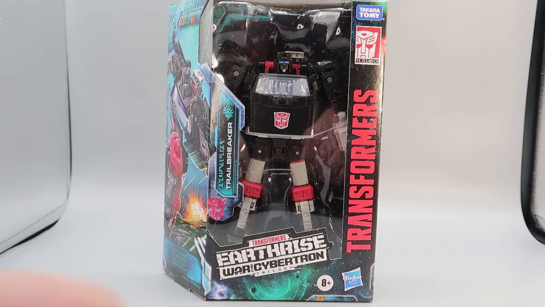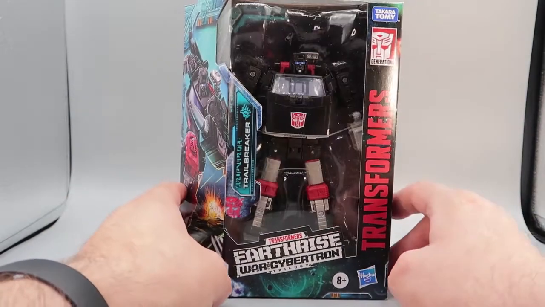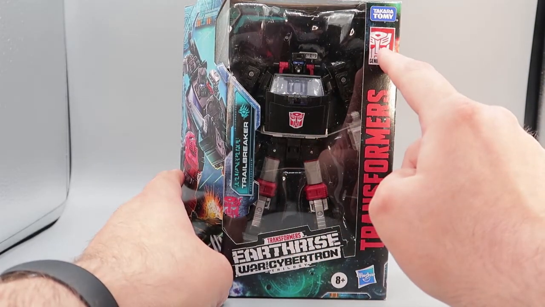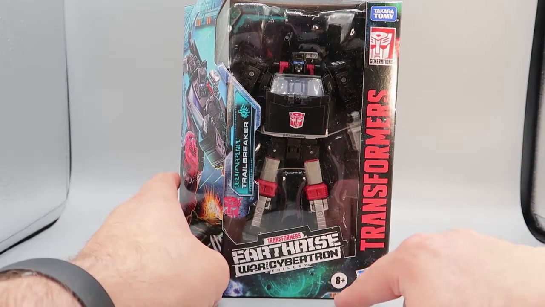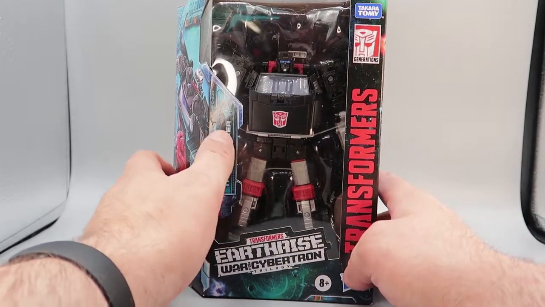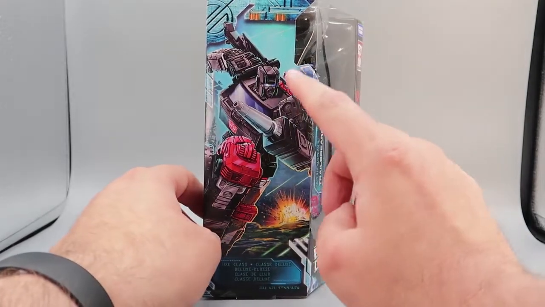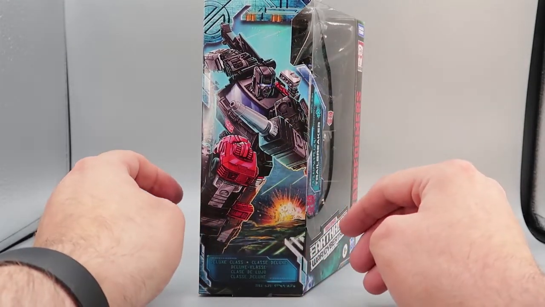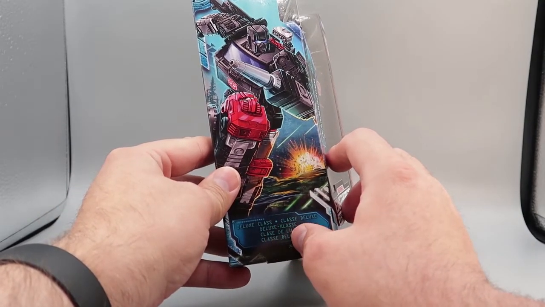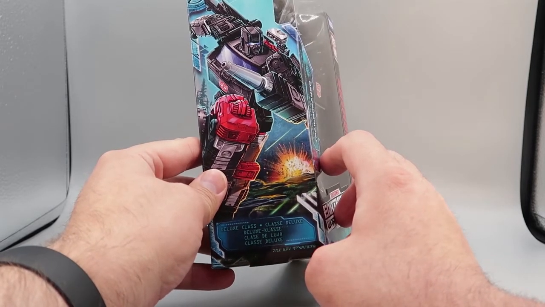So, taking a look at the box, you can see it is in your standard Earthrise box. You have a nice open window here with Trailbreaker there. You have Takara, Transformers Generations, Transformers, Hasbro 8+, the War for Cybertron logo there. You can see his name, Trailbreaker, here, and in Cybertronese. And on the side of the box, you have a nice picture of Trailbreaker looking all heroic. And he is a deluxe class, in all different kind